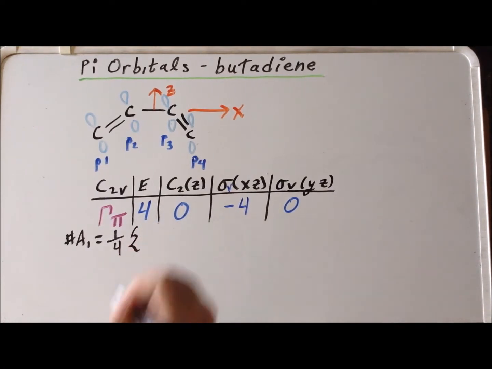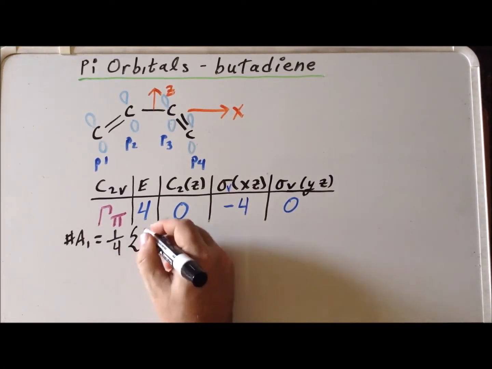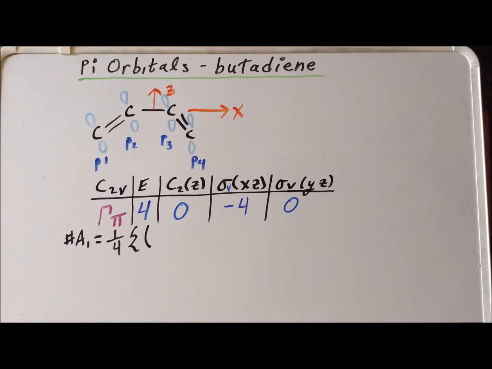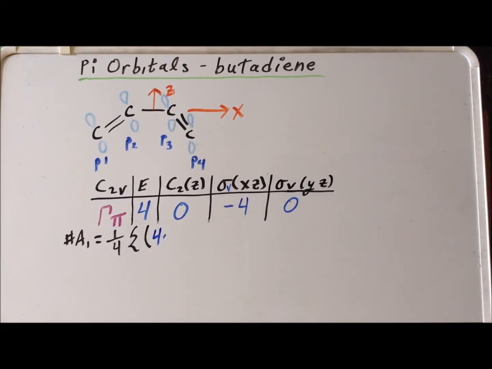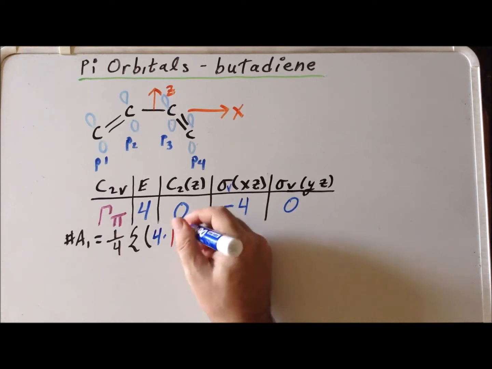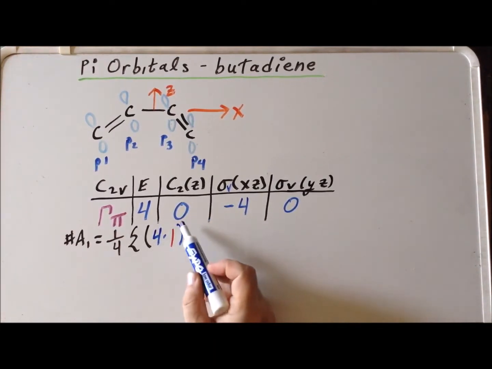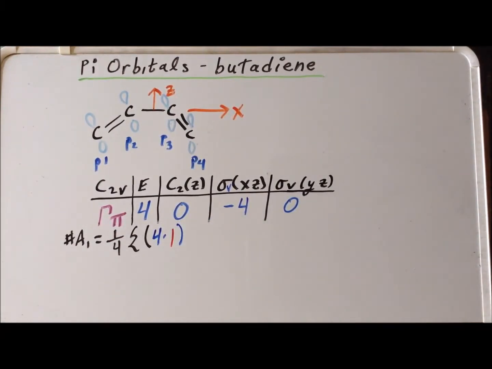And now we have a series of terms. The first character in each term is going to be the character from the reducible representation, which here is a 4. And we multiply it by the corresponding character for the operation and the irreducible representation in the point group. The character here is a 1, so we multiply by 1. We notice now that we have 2 different zeros. Since anything multiplied by 0 is 0,